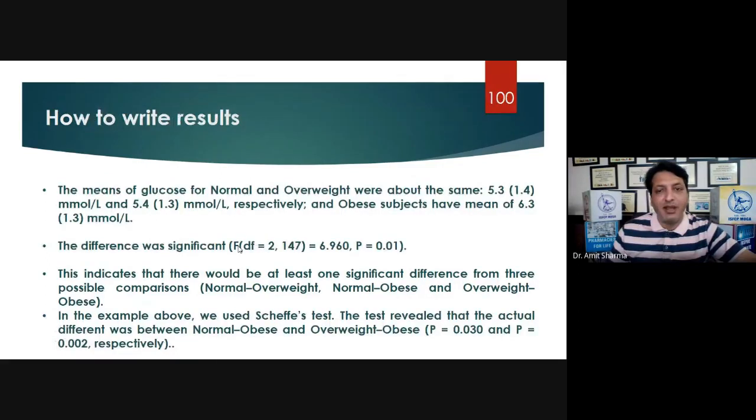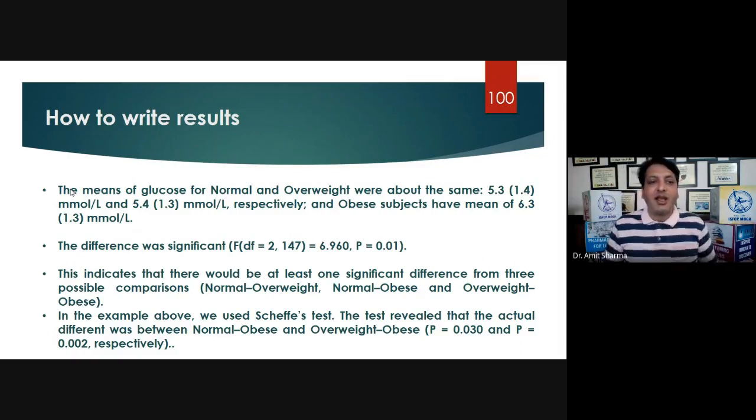So this is the writing style as per the MLA Handbook 7th edition, for how to write the results of ANOVA. Directly, you cannot write that the mean was found to be this much and the standard deviation was found to be this much. All the journals accept the writing style as per MLA or APA. MLA stands for Modern Language Association, and APA stands for American Psychological Association. So either you follow the MLA writing style or the APA writing style. Whatever I am showing you is the MLA writing style, that is, according to the MLA writing style, how to write the results of ANOVA.